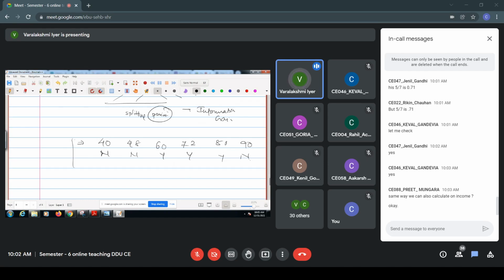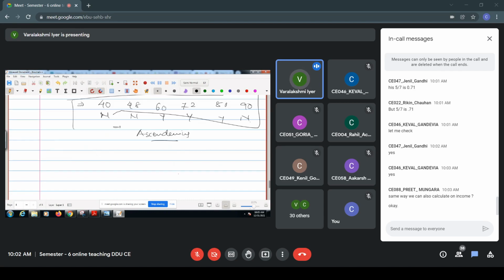Okay. So if you have a data set like this, right now it is sorted in ascending order, but it may not be sorted in ascending order. In that case, the first step that you have to do is sort the data in ascending order, and then to identify the splitting point, to identify the threshold, you have to